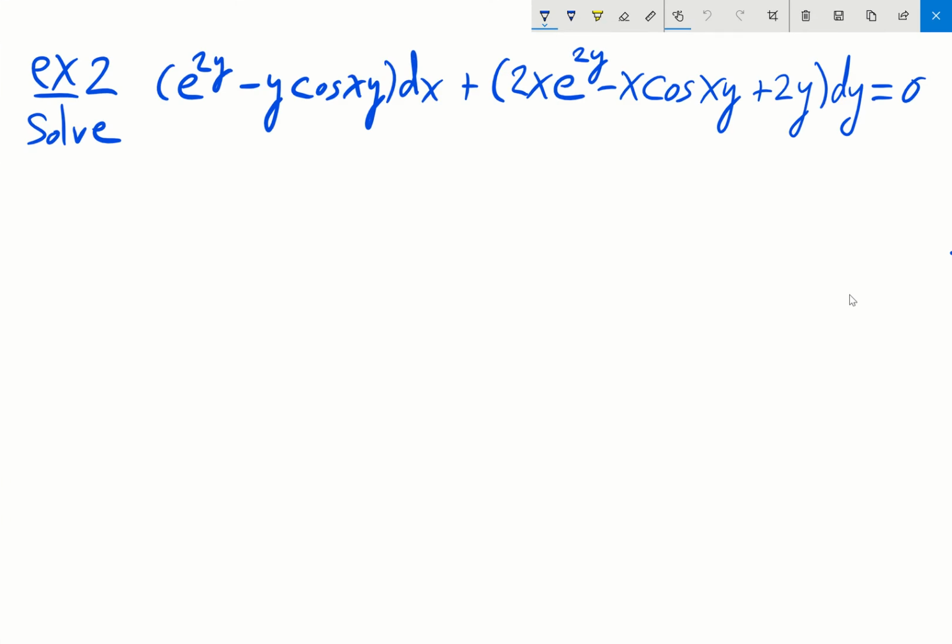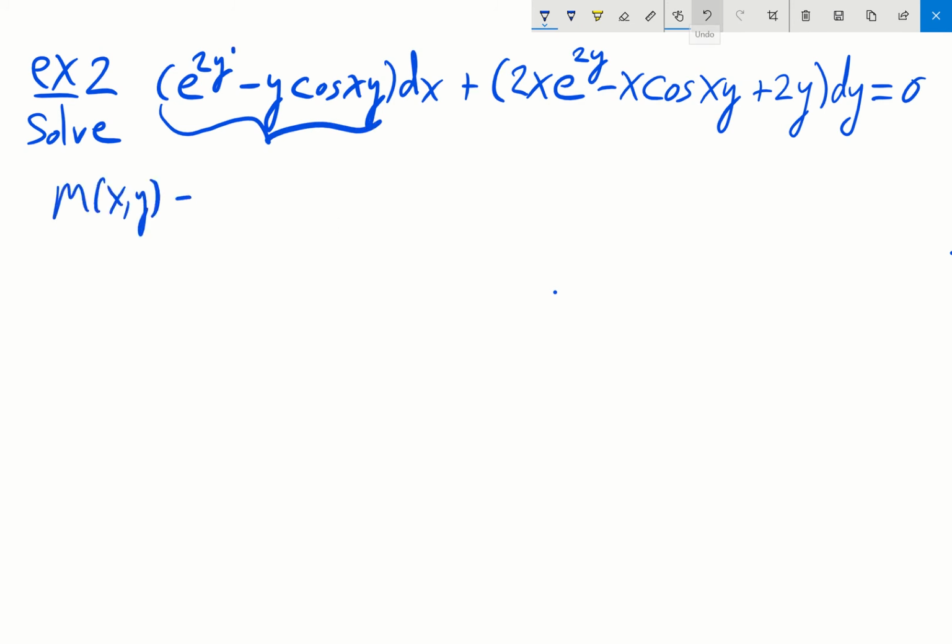Let's take a look at another example. This is coming from section 2.4. Suppose we're asked to solve the following differential equation presented in differential form. The first thing we would want to do is to check to see whether or not the differential equation is exact. So our function M